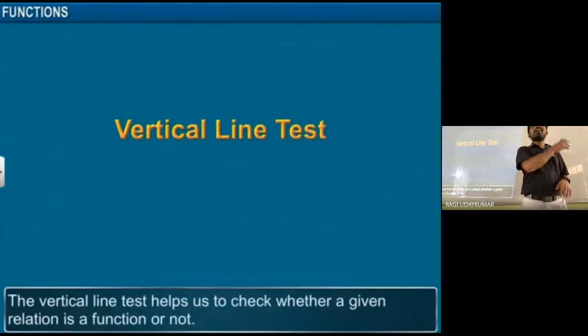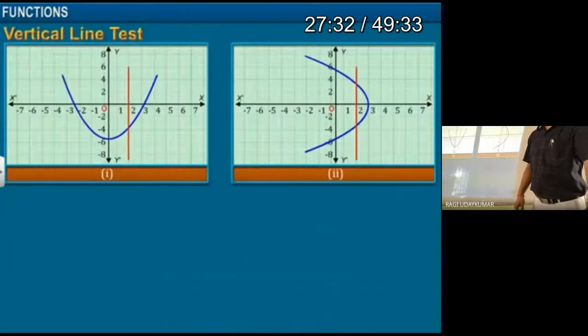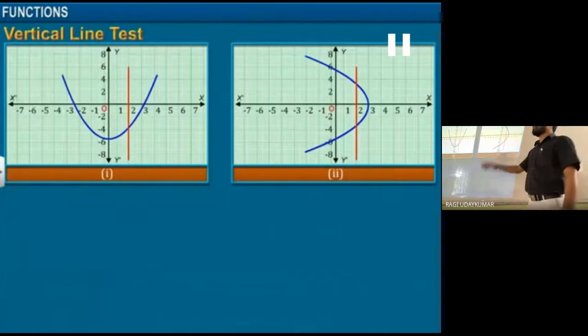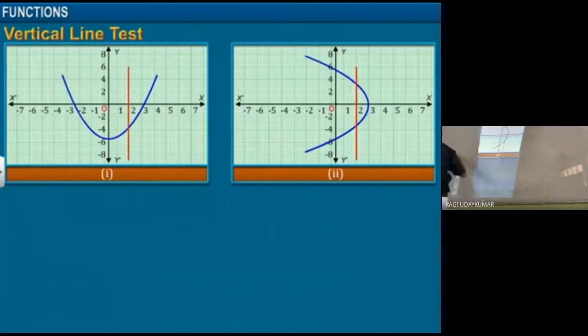A graph is given. A vertical line is nothing but, when you draw the vertical line, it cuts the graph. See here, like this graph is taken here. One graph is taken. In this situation, when you draw the vertical line like this, it touched at only one place. What is the meaning of that? Why do we draw the vertical line?